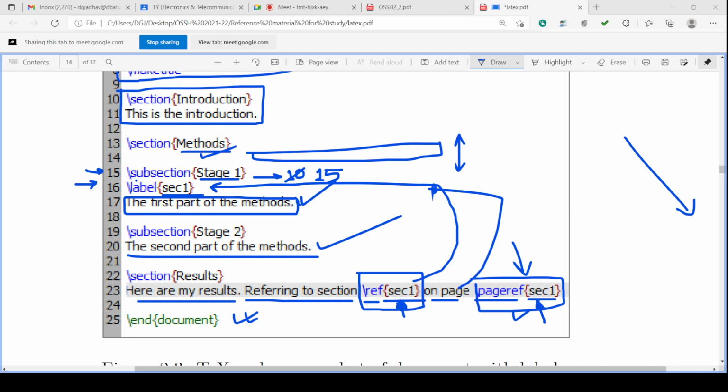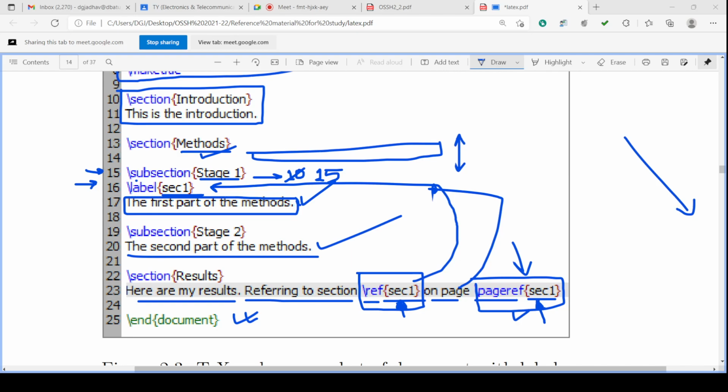And this happens automatically. Even though the page number or the position of that section changes, it will go there automatically. The software takes care of it.